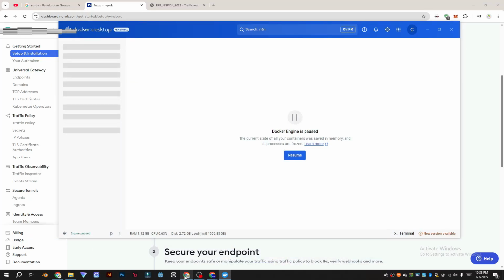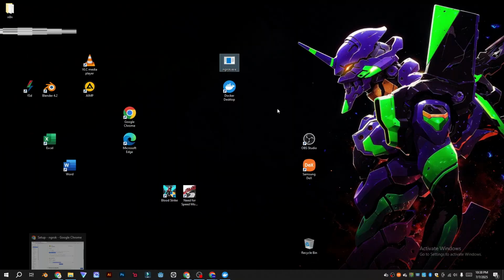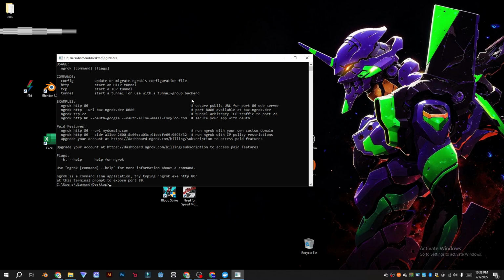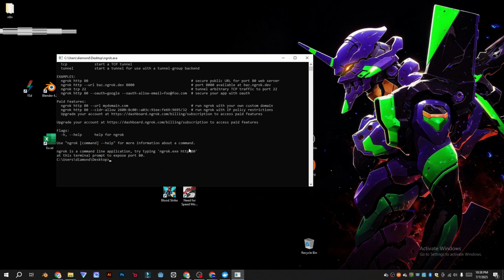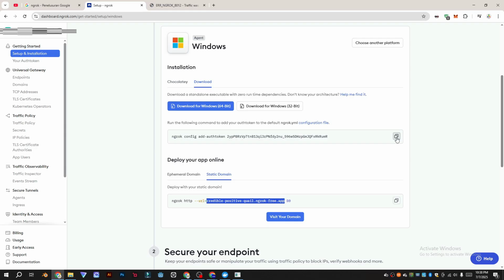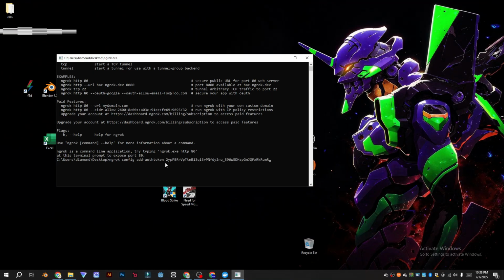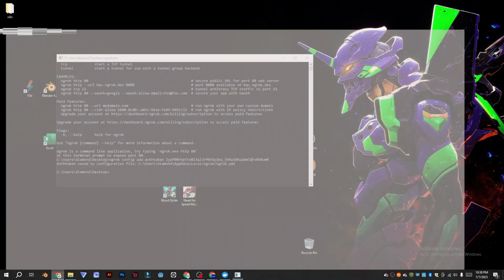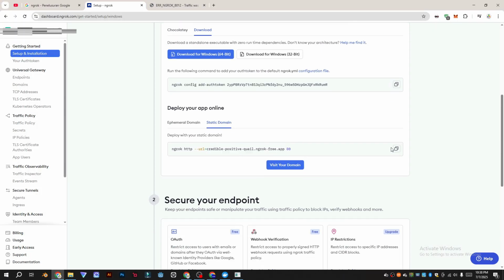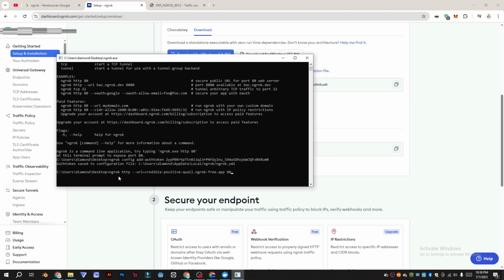So go back to ngrok, open it. Then we need to authenticate our account. So authenticate, save to configuration file. Then we go to the static domain, copy and paste it with the 8989 address.